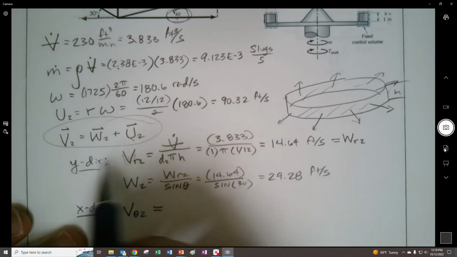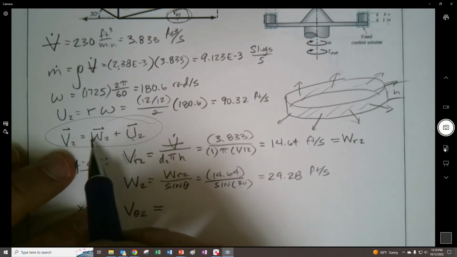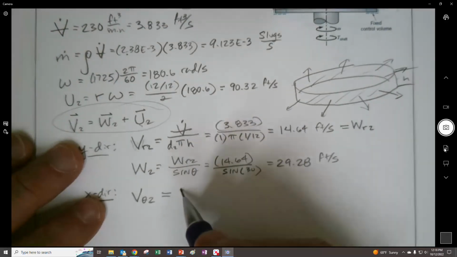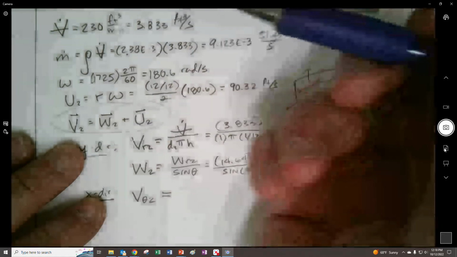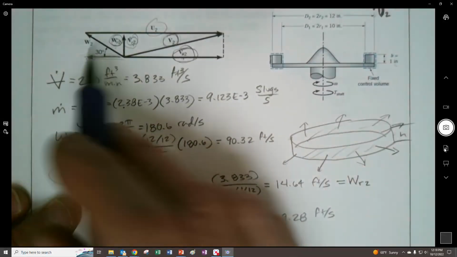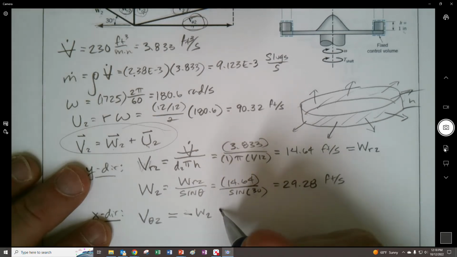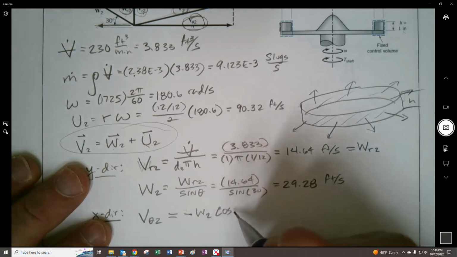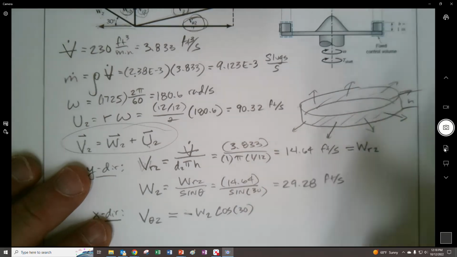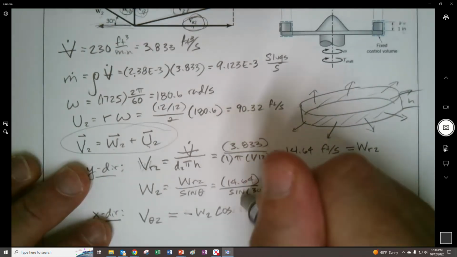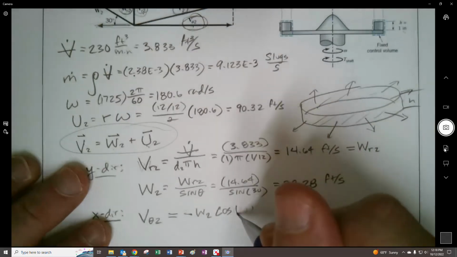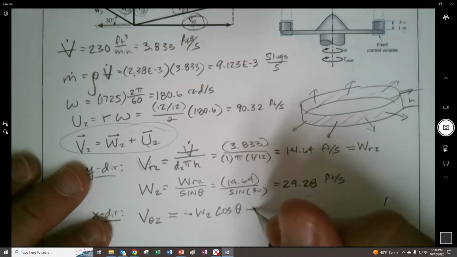In this case, let's not worry about the signs of the thing. The signs are dependent on what the triangle is right here, not dependent on this equation. Let's say to the left is the negative direction. So it's going to be a negative W2 times the cosine of the angle. Let's keep it as variables, and then we'll rewrite it out, and then add in